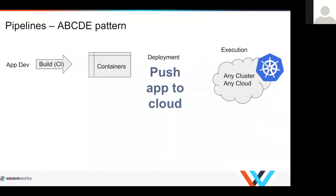App dev, build, then you build your containers because they are idempotent and immutable. You can idempotently deploy them because they are immutable artifacts of deployment. And the deployment is a separate function where you orchestrate the push of an app to the cloud, and then you execute that app in your orchestration, e.g. Kubernetes